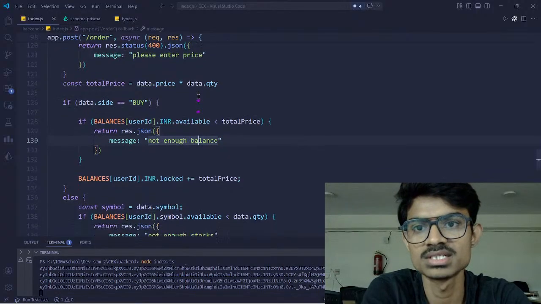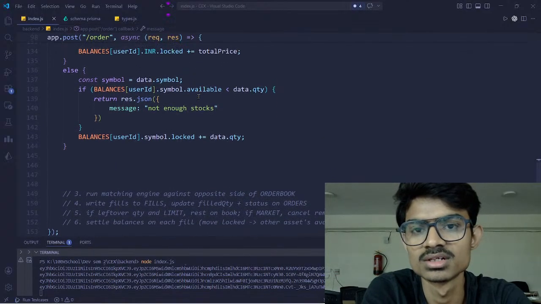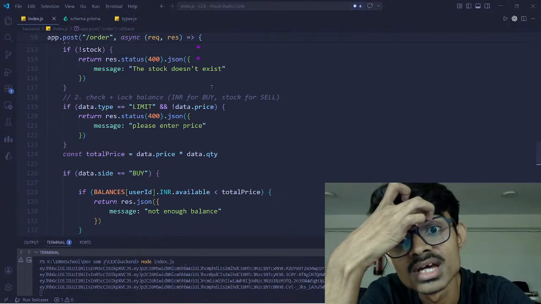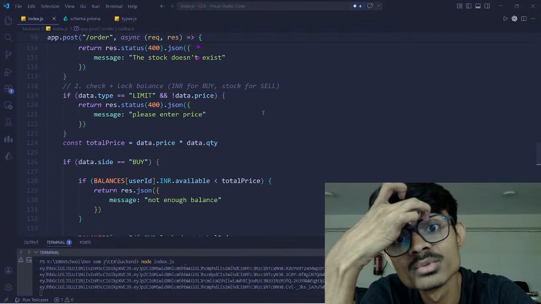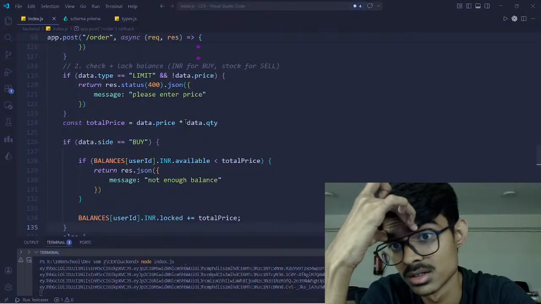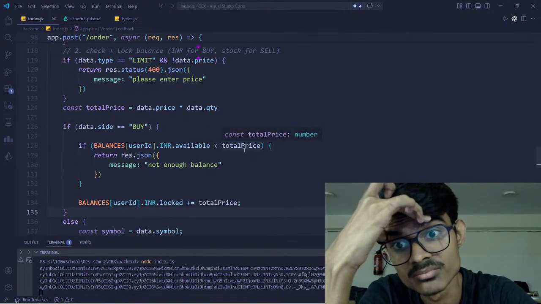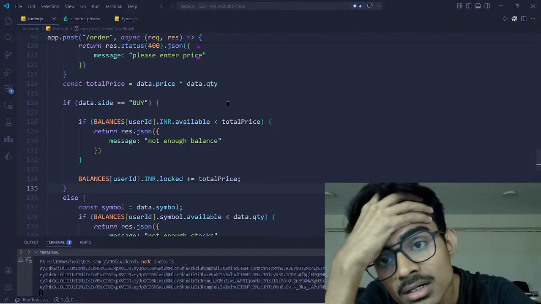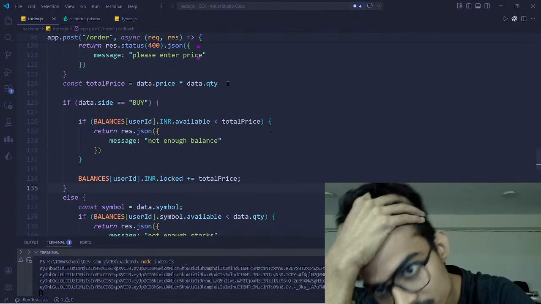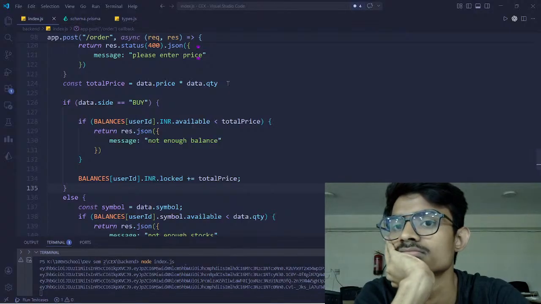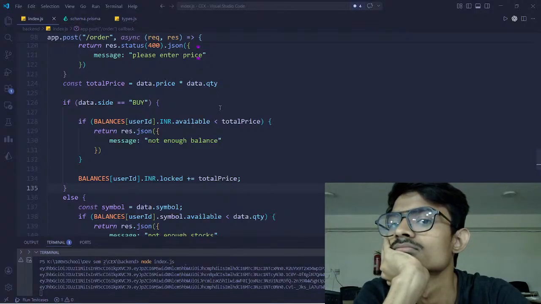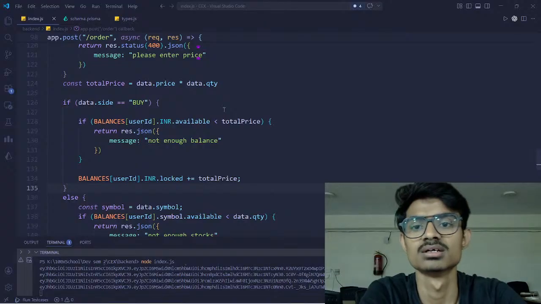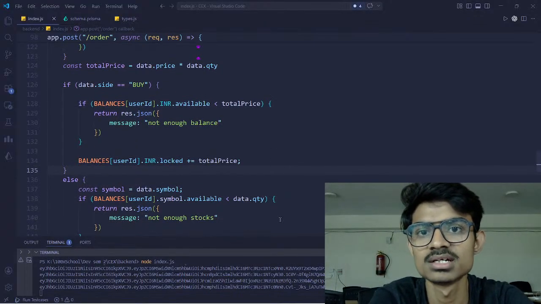तो बेसिक ये कर दिया है। लॉक कर दिया है, जो लिखा गया है यहाँ पे वो कर दिया है हमने बाय और सेल के लिए। पर लिमिट और मार्केट ऑर्डर में थोड़ा कंफ्यूज हो रहा हूँ कि अगर मार्केट ऑर्डर हुआ तो प्राइस देंगे ही नहीं। तो क्या करेंगे, क्या चेक करेंगे, ये क्वेश्चन है मेरा। ठीक है, अभी इसको लेट इट बी।